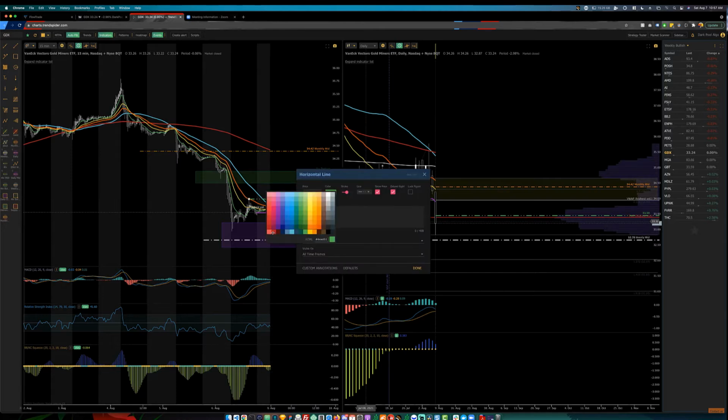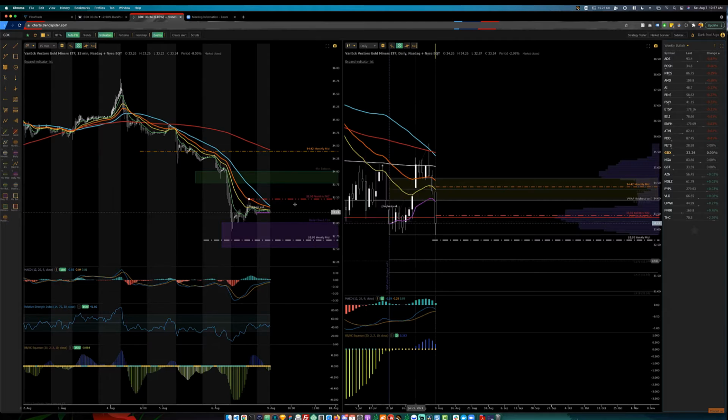All right, that's going to be our point of control. Somewhere in there. All right, so we can get above that. We've got to come up and test the 4-hour bottom. Break through that, we come up and test the monthly mid. So with the target of 34.50,